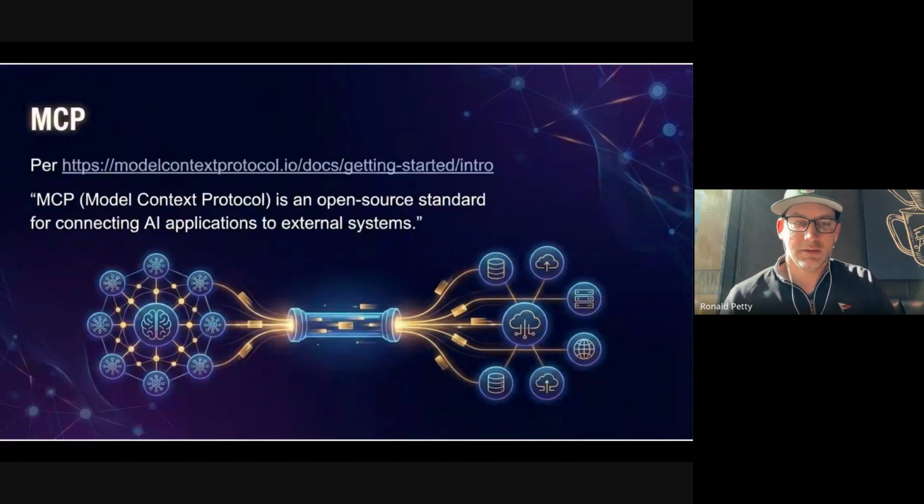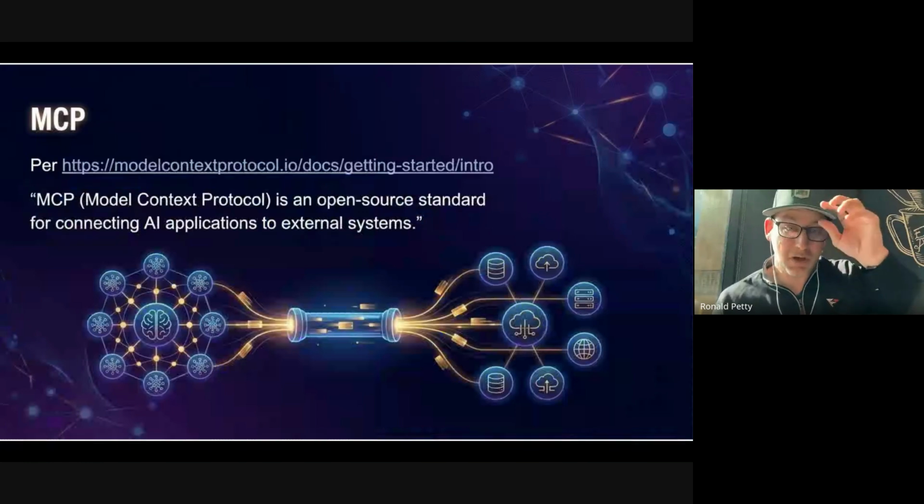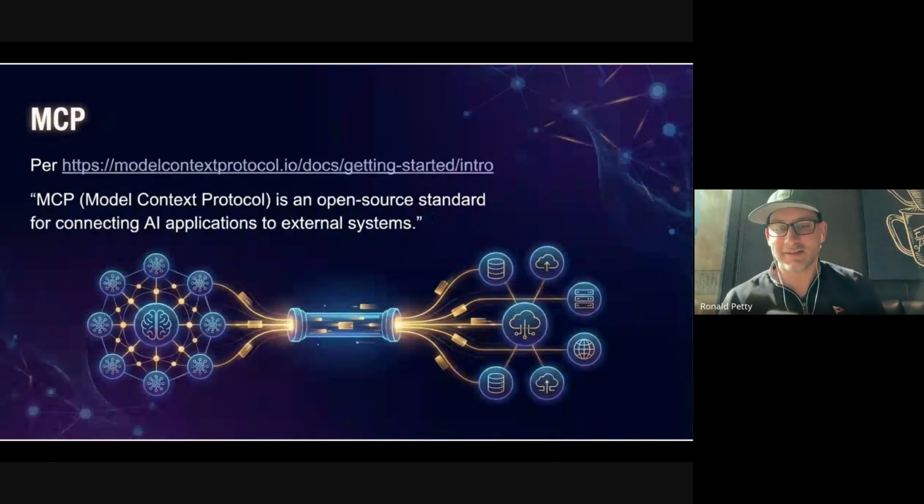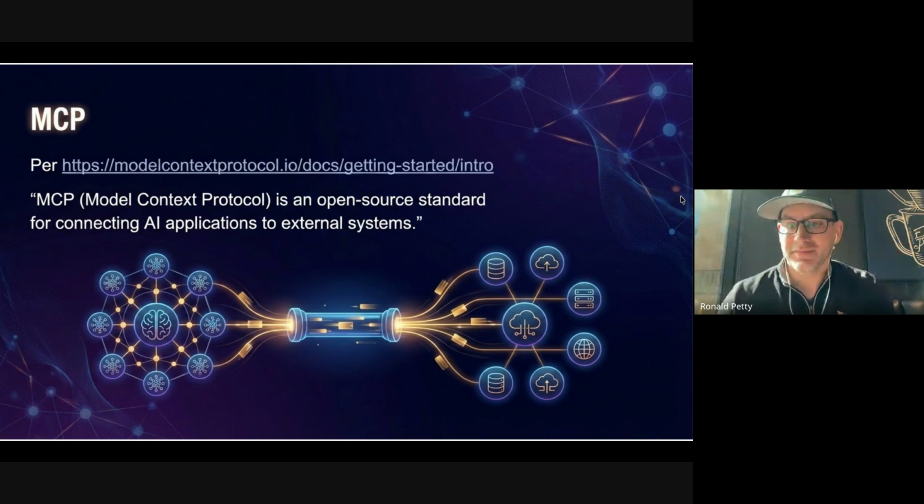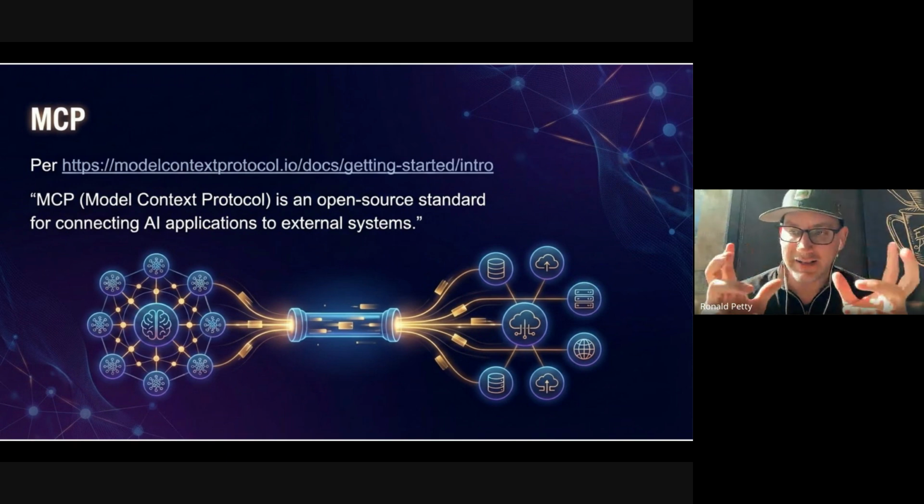Okay. So what is MCP? All right, so Model Context Protocol. In short, as it says here, an open source standard for connecting apps to external systems. There is a competing protocol at a high level called A2A, agent to agent. There's a variety of related protocols, but just to set the stage, agent to agent is, as the name says, meant to treat the other side, think server to server,